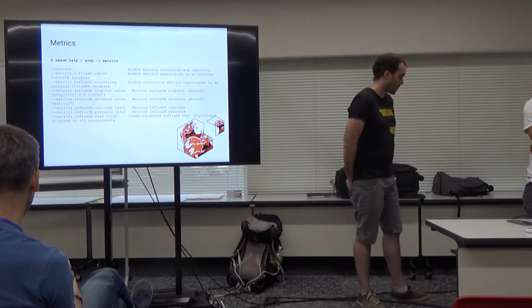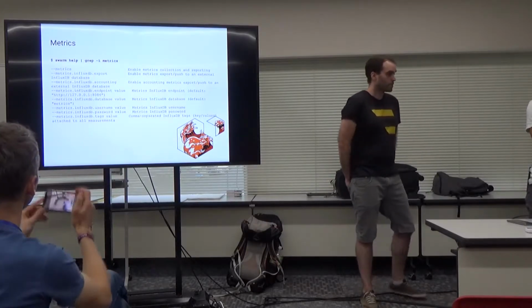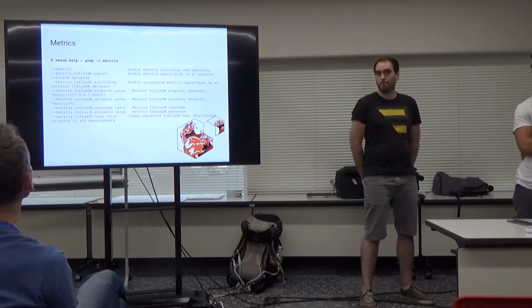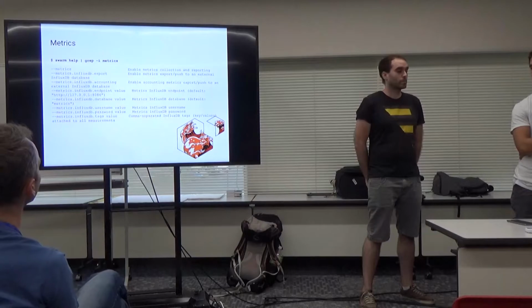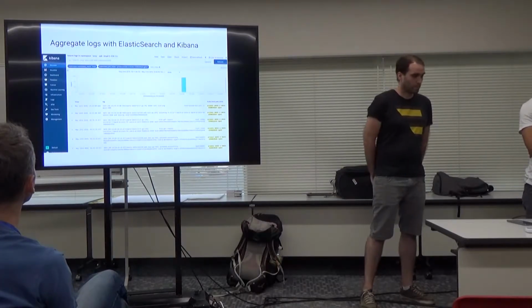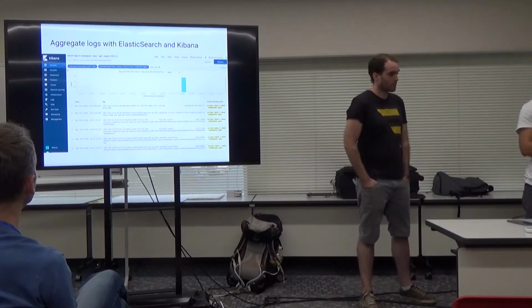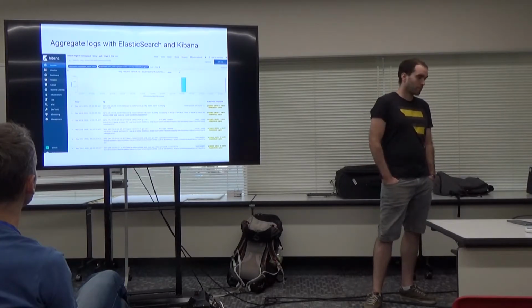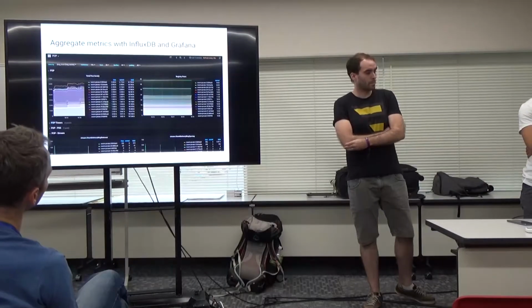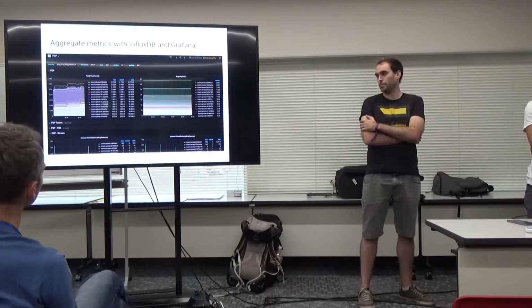Metrics are pushed into a time series database where we aggregate them in the distributed environment, and we can visualize what a Swarm network is doing, not just one node. We aggregate logs within our deployments with Elasticsearch and visualize them with Kibana. We will be showing this later in the presentation so that you see how we do this in our day-to-day work. And metrics, we aggregate them within InfluxDB, and we have dashboards in Grafana where we visualize